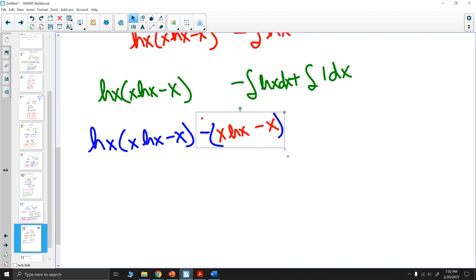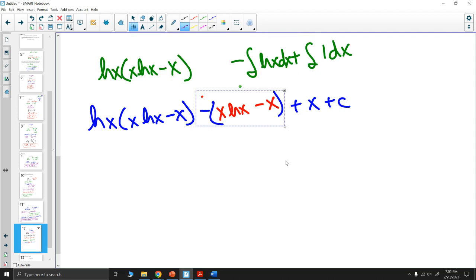I'm going to draw parentheses around it, plus x plus c. So just doing a bit of cleanup here, namely distributing this negative, we have ln of x times x ln x minus x, minus x ln x plus x